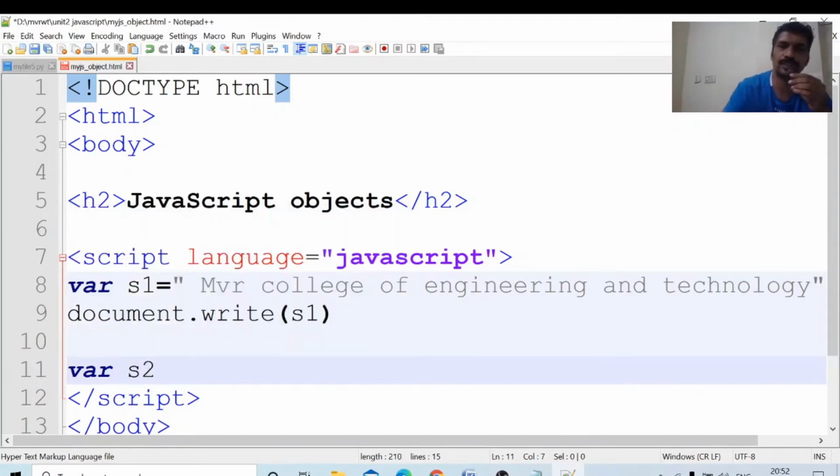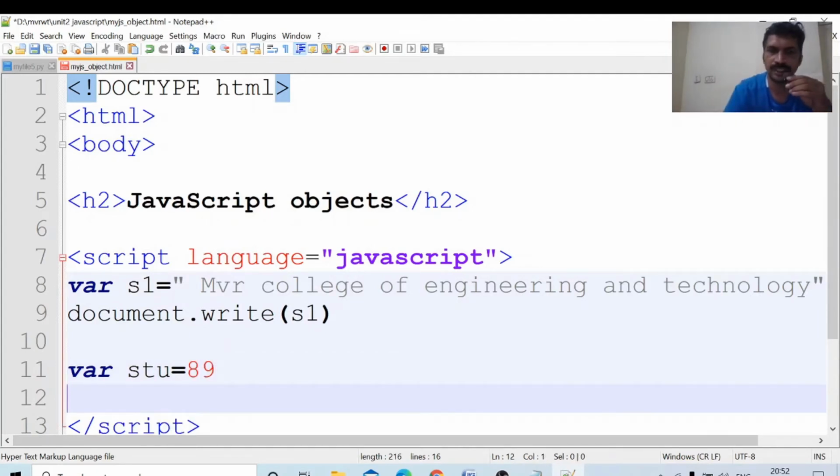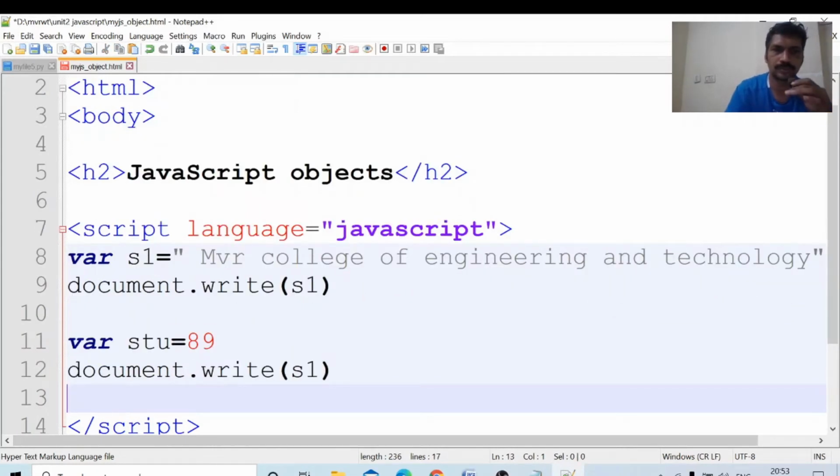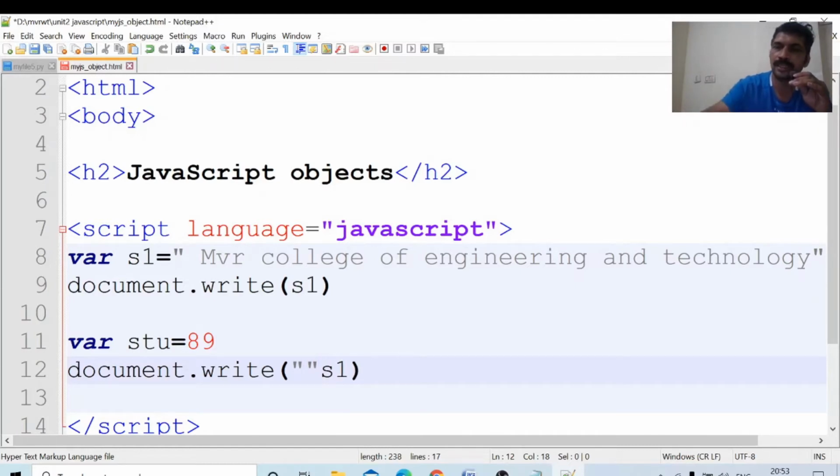Next, I will create another variable STU equal to, suppose, 89. I will change it later. I will print the value of STU. How do you print it? Here the string concatenation operator is plus.